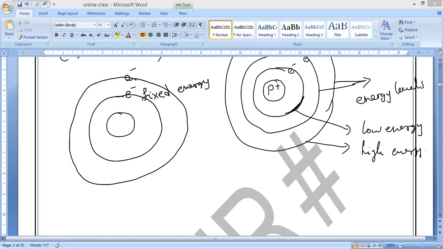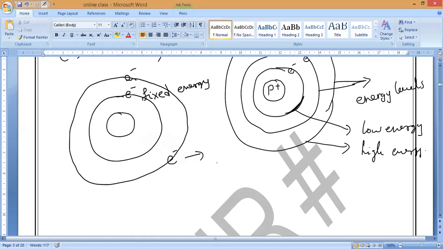So even though they are in accelerated motion around the nucleus, the electrons do not lose energy. So when they do not lose energy, what will happen? If they do not lose energy, what will happen? They will be continuously having the same